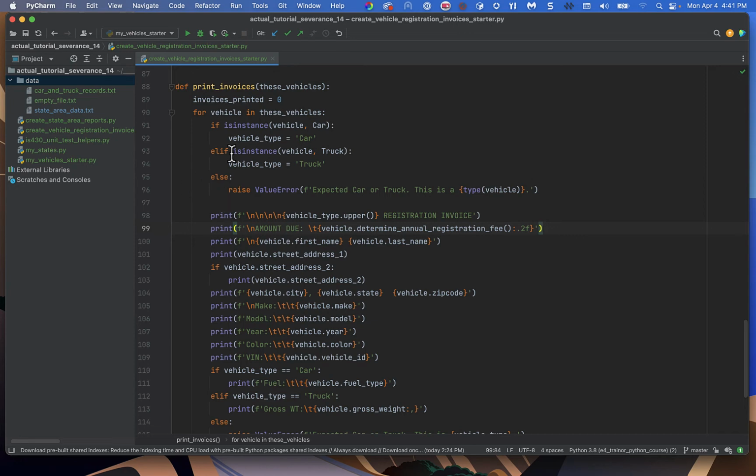So here's what we're going to do. We're going to say for vehicle in these vehicles. So we're going to count the invoices that we printed so we can print a message at the end. Okay, so for a vehicle in these vehicles, we're going to check which subtype this is. Okay, why is that? Well,